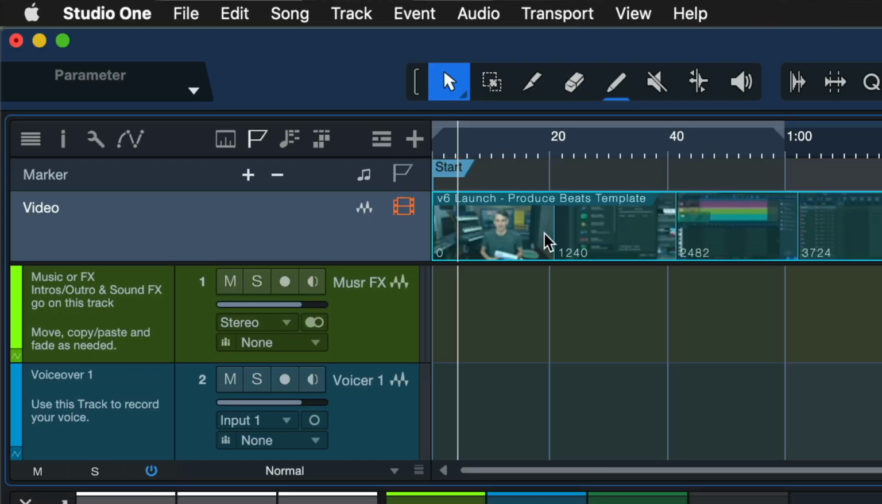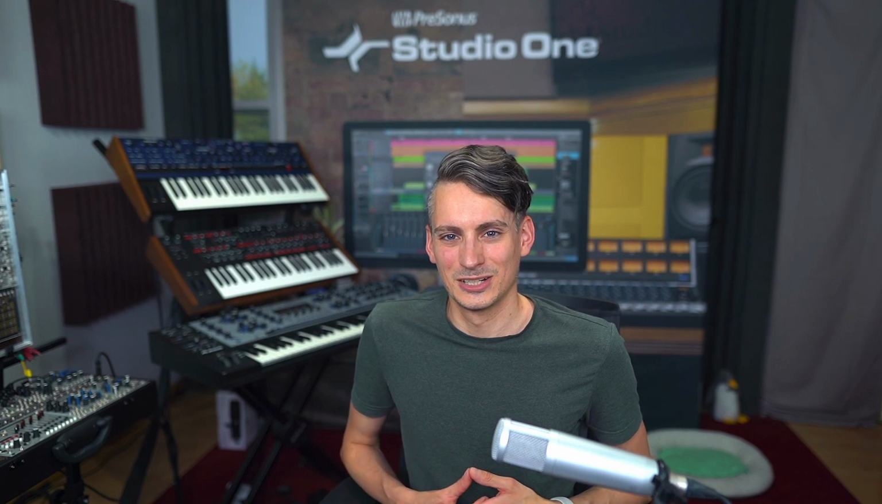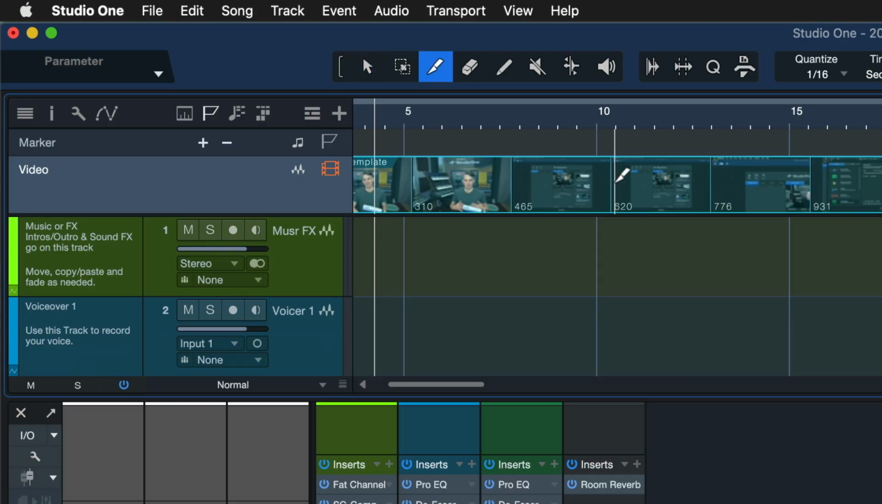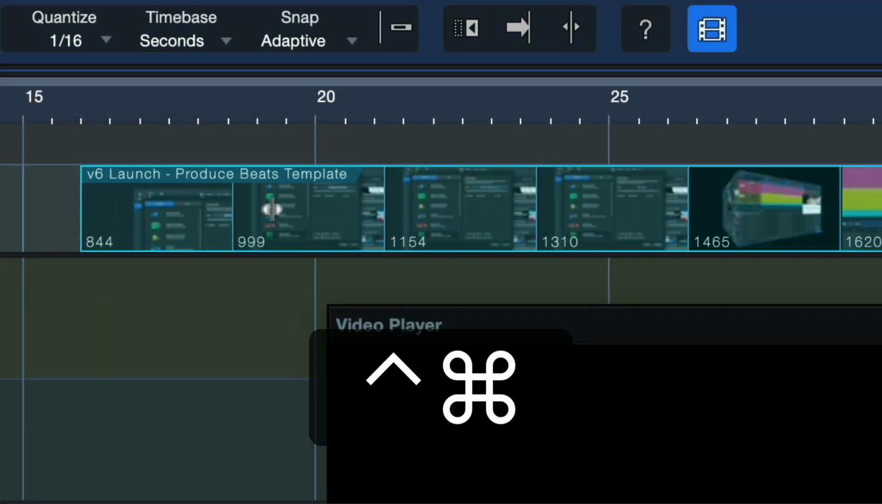The new video track can hold an unlimited amount of video clips, so not just one like before, making it easy to work on multiple reels of a feature film, for instance, inside of a single session. Most of the Studio One edit commands that you know from audio and instrument tracks work on the video track as well. This includes trimming, cutting, copying and pasting,